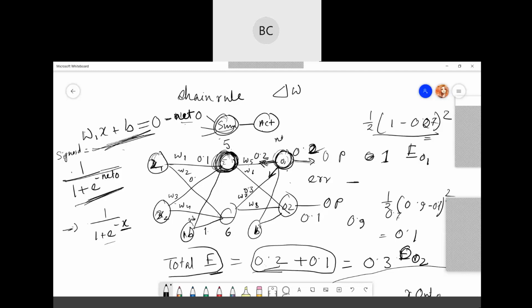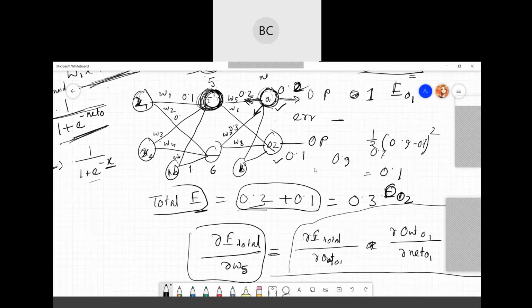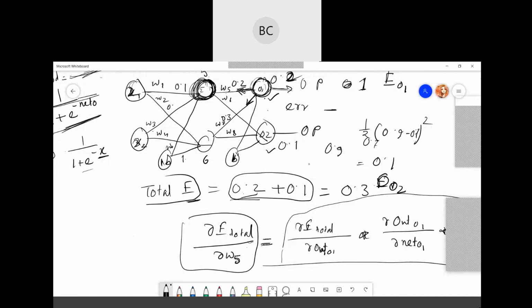You need to find the total error, so you combine these two values, the error of this output node and the error of the other output node. Now once you get the error, you need to update the weights. How are you going to update? You have to update each of these weights individually. When you update here, it will be with respect to weight 5. Then for this node, it can be with respect to weight 7, then weight 8 and so on. Whatever weight is associated, you will calculate that.